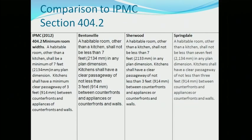You just left out words. Again, I didn't go through their entire codes with the International Property Maintenance Code to see if they changed a few subtle things to make it applicable to them. But it's obvious that they use the International Property Maintenance Code as their template, if not copy and paste it. The other ones,